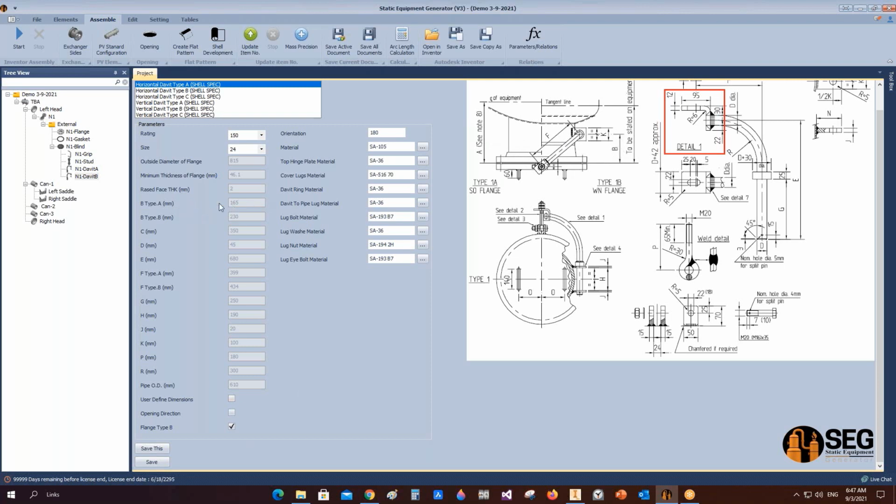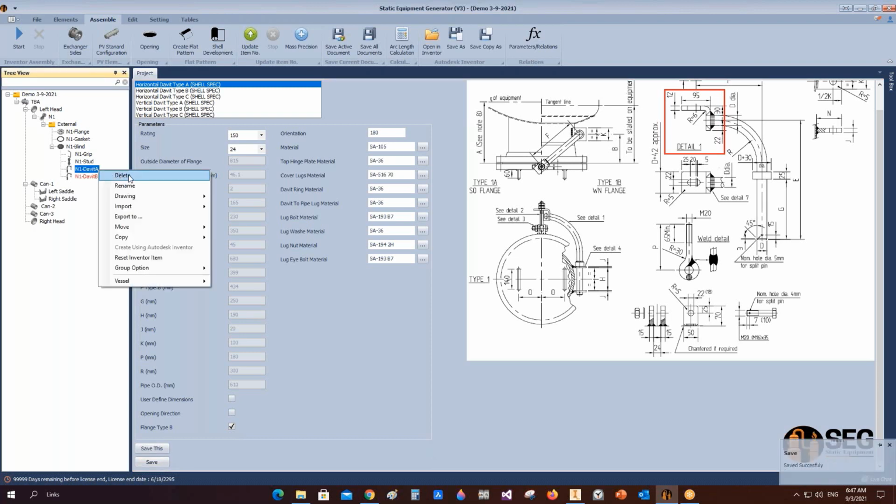So let's check the values of dimension A and B. You can see that it's 165 for slip-on, and it's 230 for type B, which is the long weld neck. So let's select this checkbox and click Save, and let's delete this Davit from here,